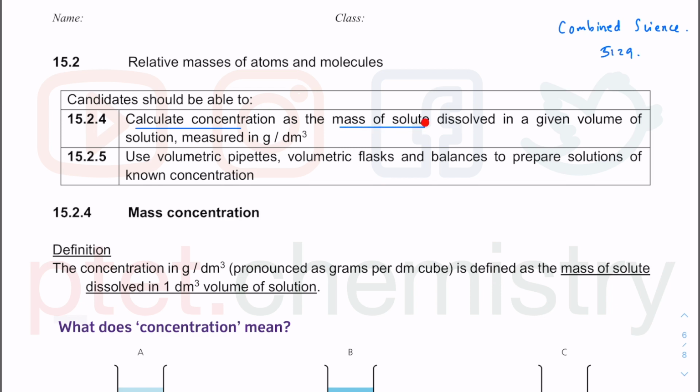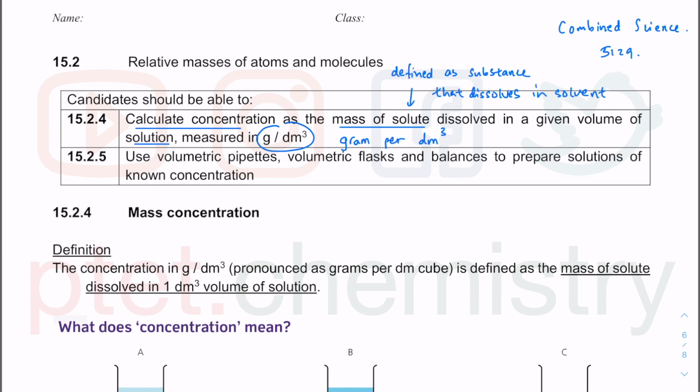Solute is the substance that is dissolved in a solvent. So you know, solute as defined in that topic on separation technique. It's defined as the substance that dissolves in the solvent. So solvent is the stuff that you use to dissolve solute. So the use of these terminologies is very important, and you dissolve the solute in a given volume of solution such that you get the units. This is gram per